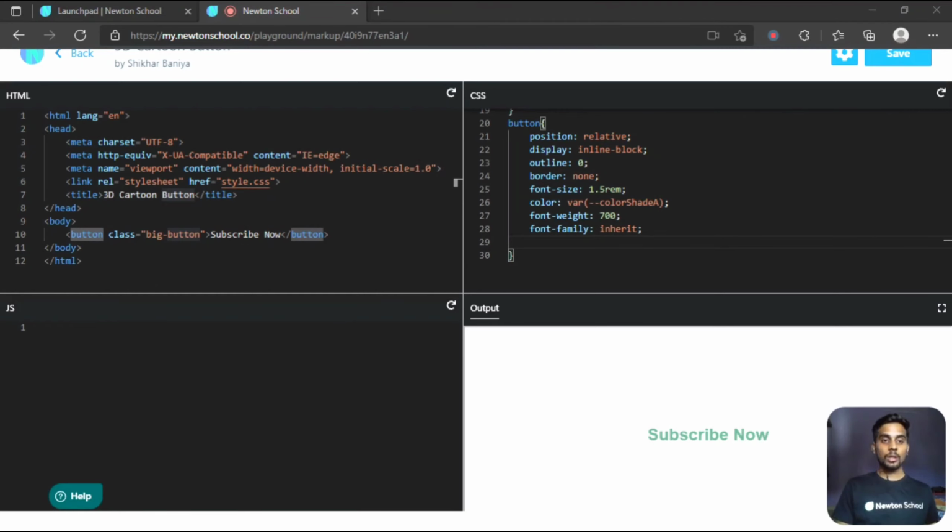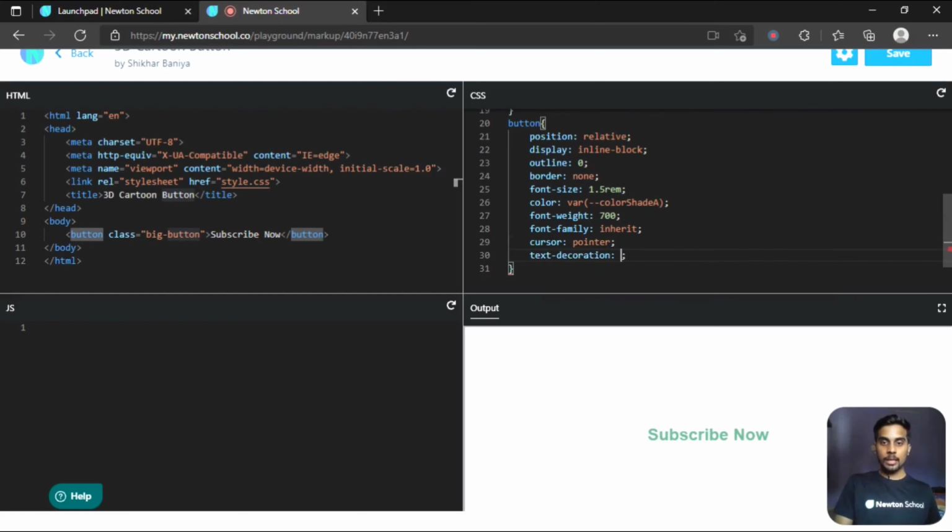Next, what do we want? As you might have noticed, when I'm hovering over our text, the cursor is not changing, right? In a previous video, I told how to change the cursor. Let me show you again: you specify cursor as pointer. Now when I go over the button, the cursor changes to a pointer, right? So it will show the user that they have to click on it.